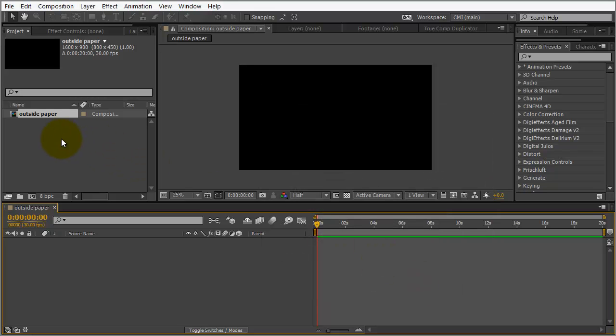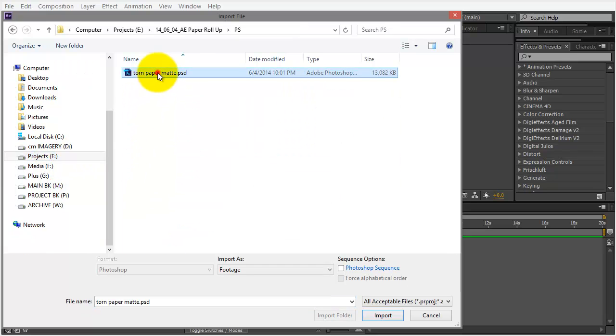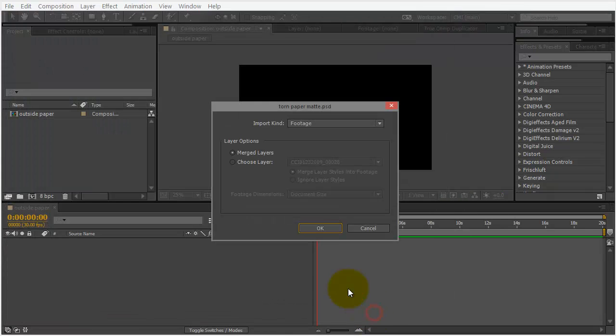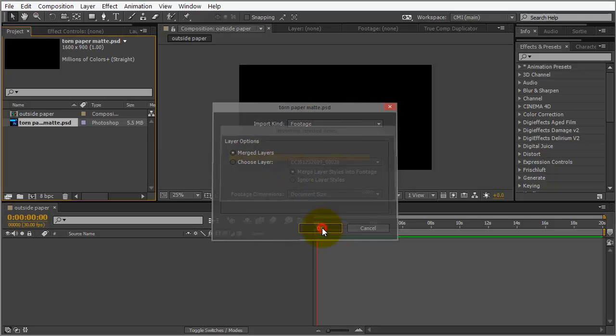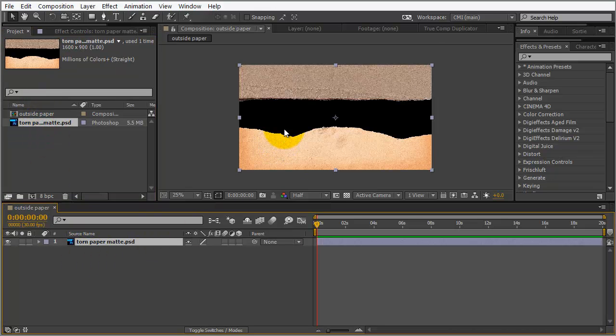Let's go ahead and bring in our Photoshop file. Okay, I'm going to bring it in as footage. Merge layers is fine. And we also need now, so we're only going to utilize the matte of this Photoshop file. We're not going to actually utilize this paper texture. For the paper texture,